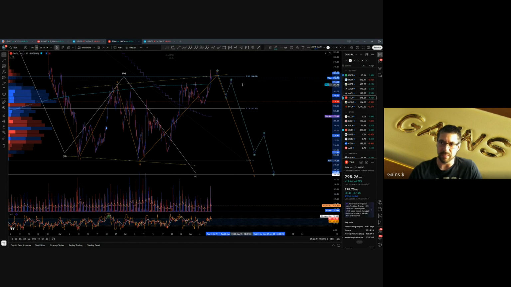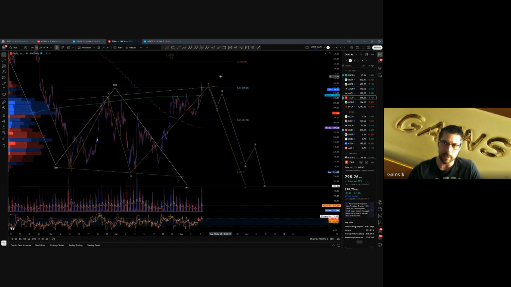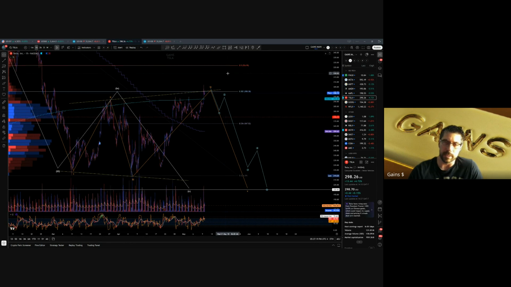But if this is going to turn into something like this 5-wave down, I would expect that to start maybe in like 2 weeks, or maybe a week. It just depends. If we do have a squeeze and we make that higher high with Nasdaq, then most likely Tesla's going to shoot up a little bit higher. Typically, when you see a violation of a fib level like this, that means the bulls are going to try to hit the next one, because they're trying to gauge selling resistance. So you pump the market to get past the level, and then you see what happens afterwards. And we saw that it was rejected.